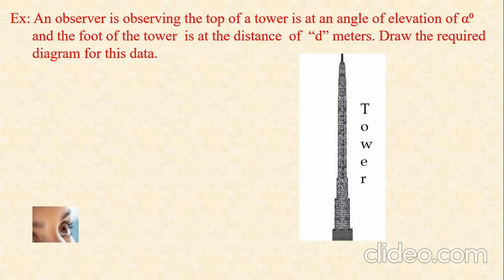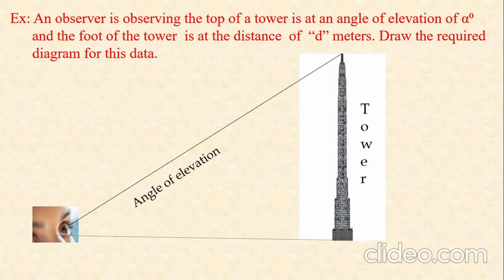Here, on the left side of this slide, is the observer. Now this is the one horizontal line; we already learnt about it. This is the imaginary line between the observer's eye to the base of the tower, or foot of the tower, and this is observing the top of the tower, and it is the angle of elevation.